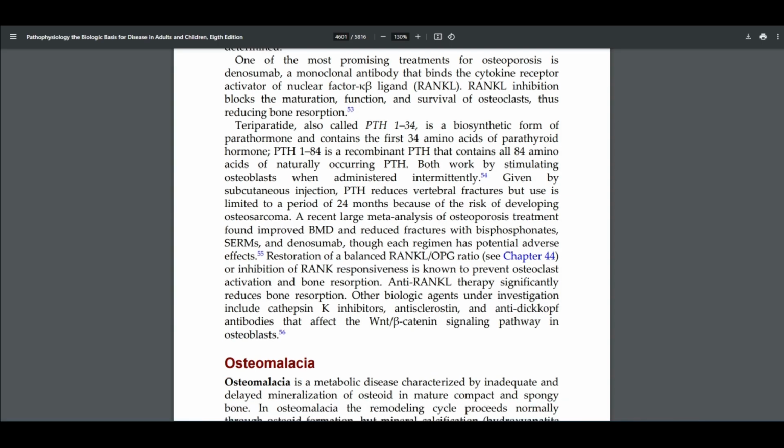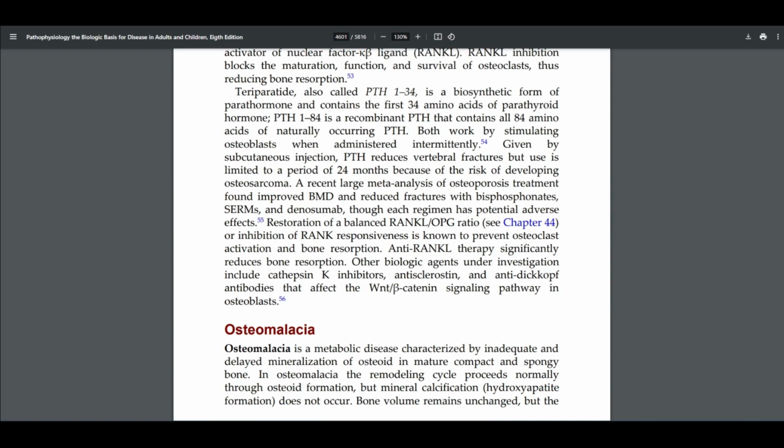Teriparatide, also called PTH-34, is a biosynthetic form of parathyroid hormone, or parathormone, and contains the first 34 amino acids of parathyroid hormone. PTH-84 is a recombinant PTH that contains all 84 amino acids of naturally occurring PTH. Both work by stimulating osteoblasts when administered intermittently, given by subcutaneous injection. PTH reduces vertebral fractures, but use is limited to a period of 24 months because of the risk of developing